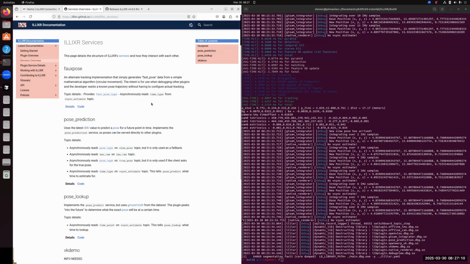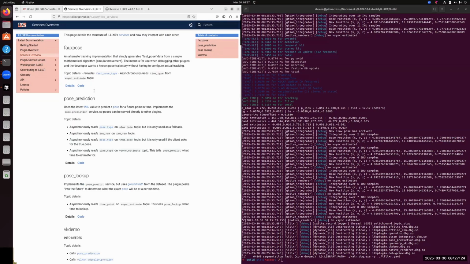So services are not directly triggered by Elixir's main loop or by any other mechanism except for directly being called. And a good example is pose prediction, in which we use the latest IMU values to predict a pose at some point into the future.